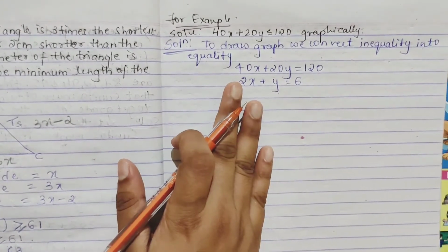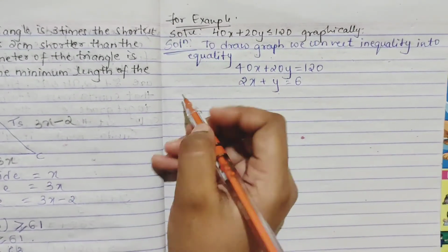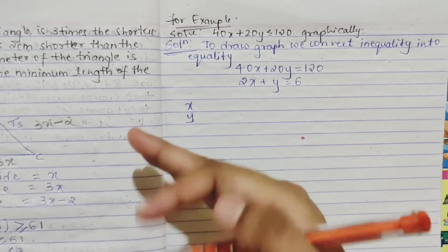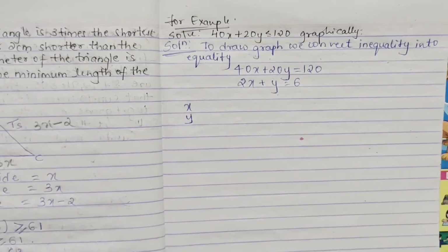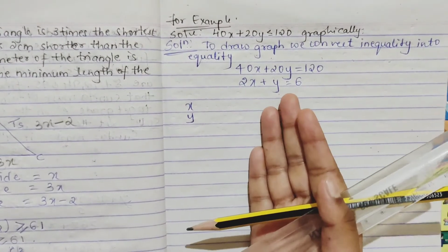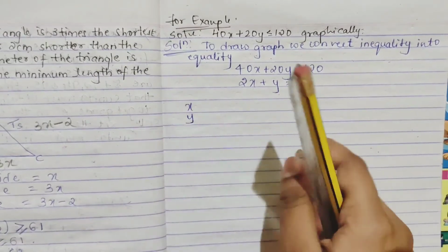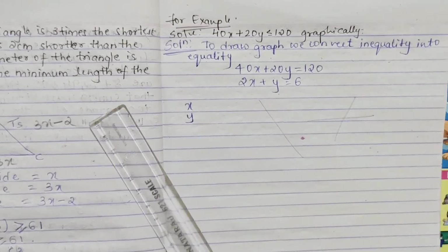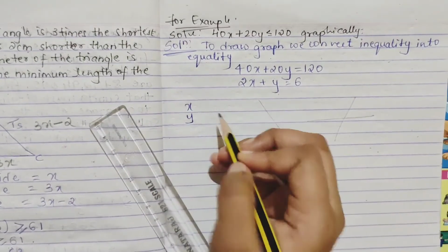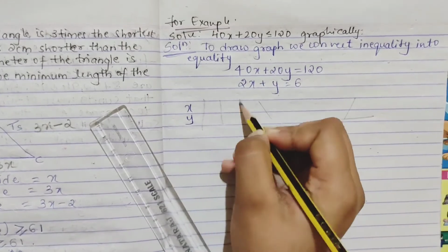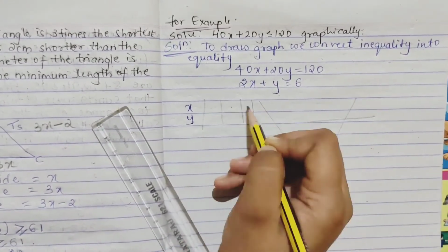So now you have to remove the points, xy points, and you have to remove minimum 2 points. If you want to remove 3 points also, it is very good. It's not that it's not good, but if you're confirmed that 2 points is proper, it is perfect, means with that 2 points you are getting a straight line. Wherever you are getting a straight line, then you can consider only 2 points. If you are not sure of any 1 point, then you can go for 3 solutions, okay.